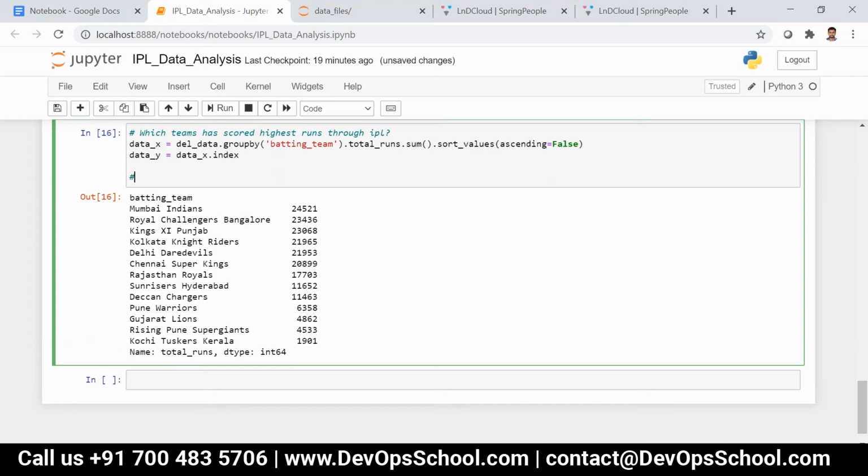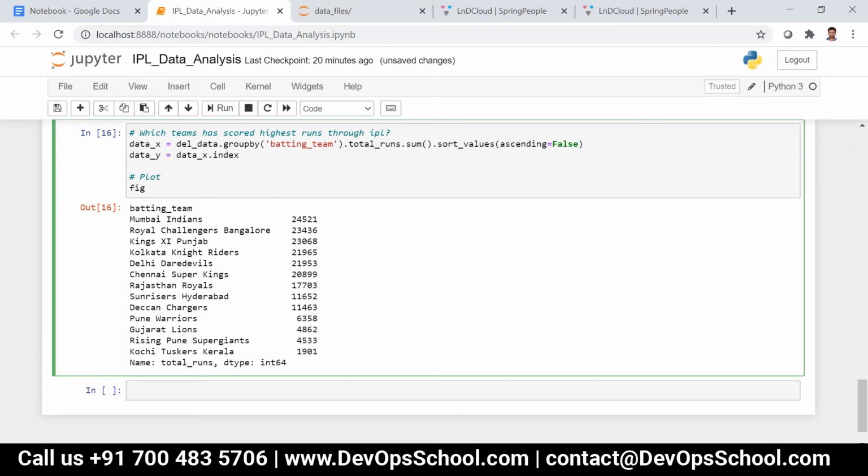Now we are going to plot it using the Seaborn library. First I am going to create the plot: fig comma ax is equal to plt dot subplots 1, and then figsize is equal to 8 comma 5. So what is this plt dot subplots? PLT, we know, is the matplotlib library.